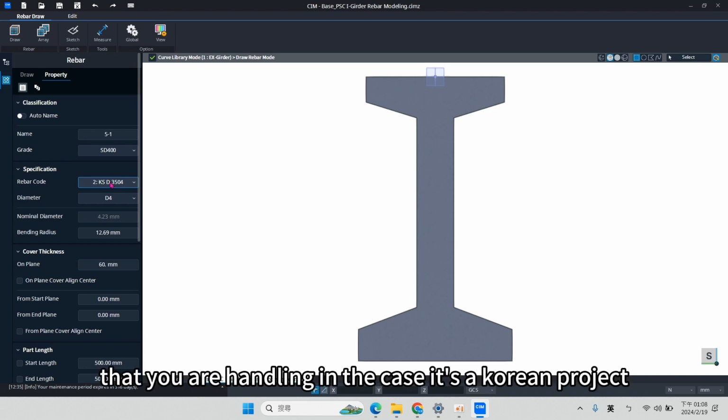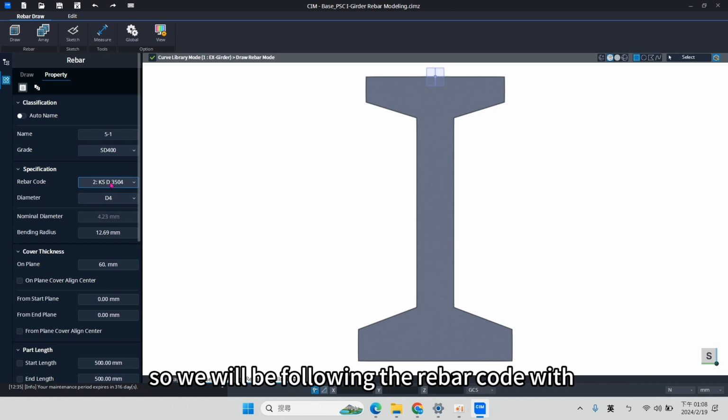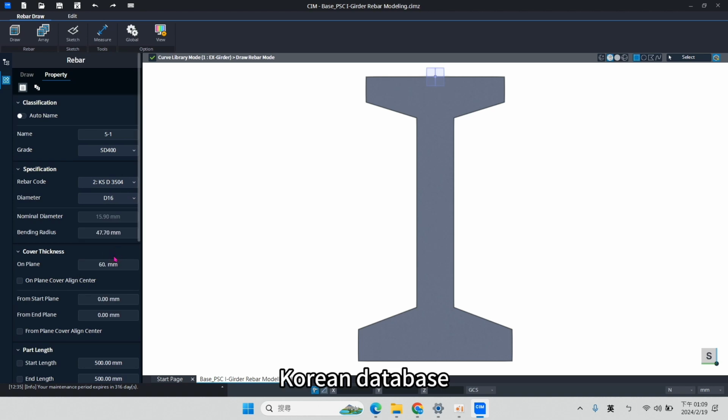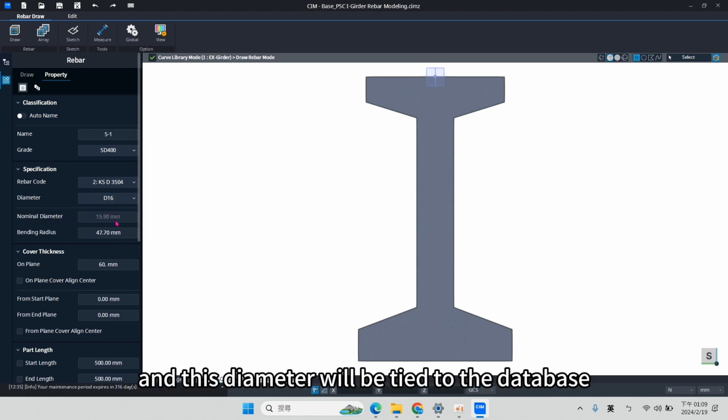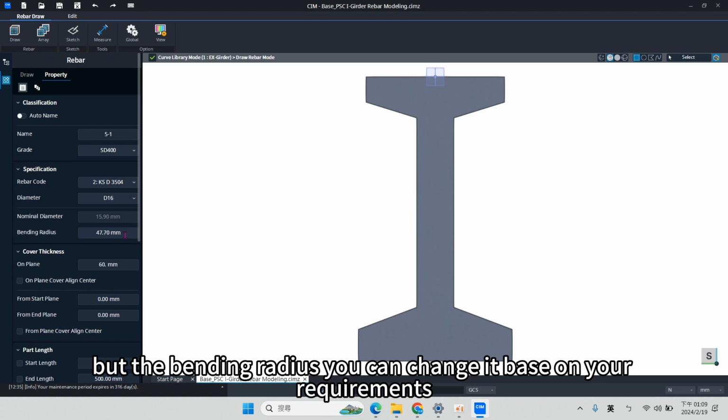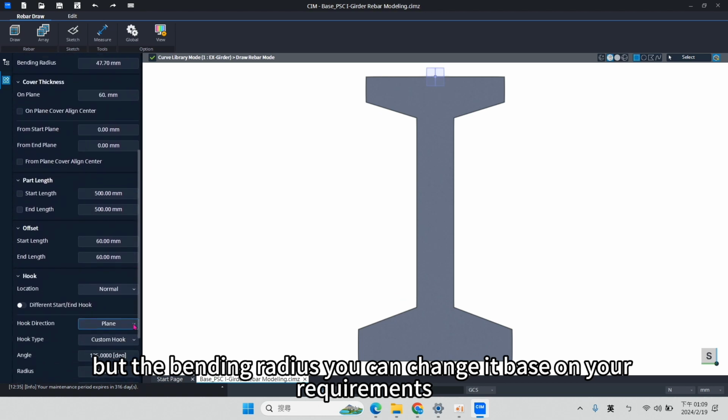So in this case, this is the Korean project, so we will be following the Korean database. Okay, and this nominal diameter will be tied to the database in this part, but the bending radius you can change based on your requirement.